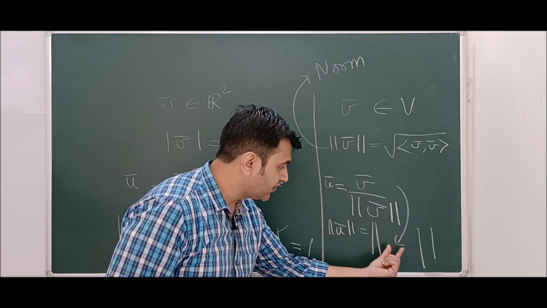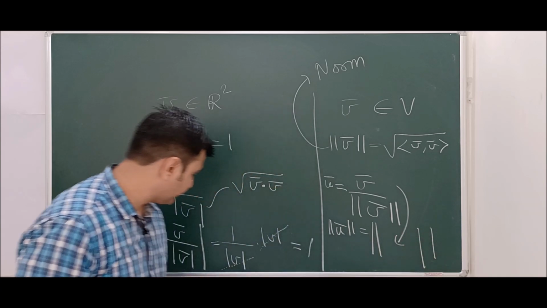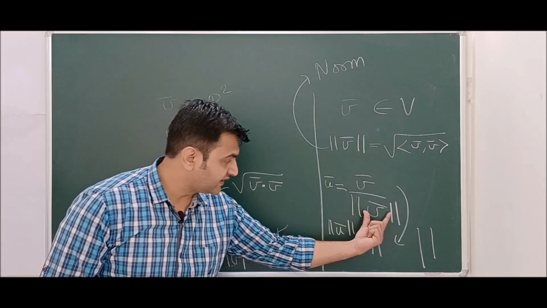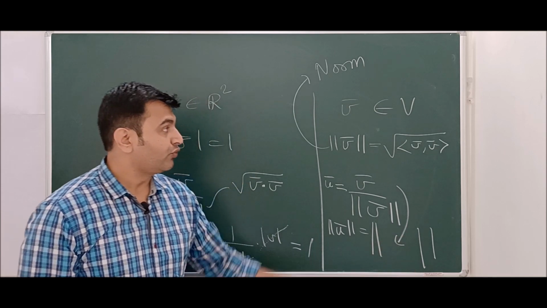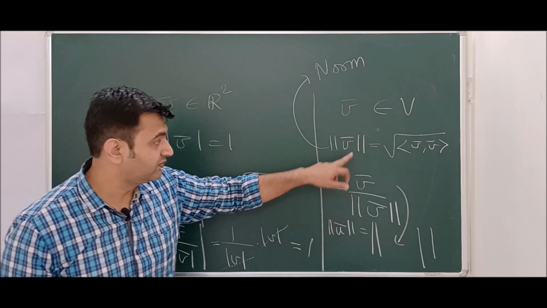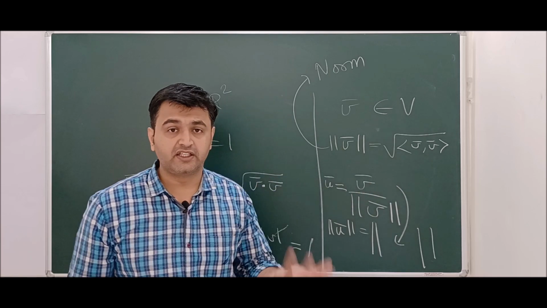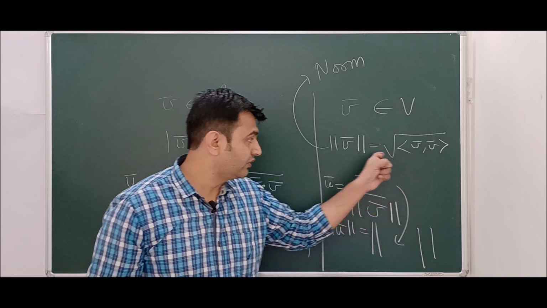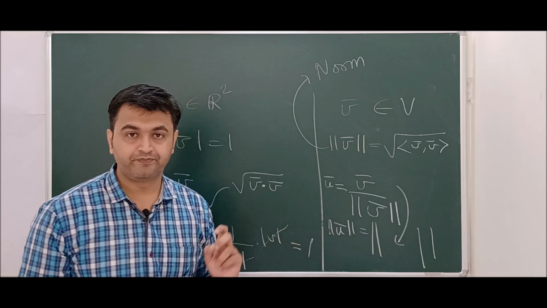But again this norm will come outside. Norm V will get cancelled. You get the answer to be 1. The same thing, this will come outside, this gets cancelled, you get 1. So same thing here as well, this will come outside, norm V upon norm V is 1. So if you have a vector which is not a unit vector, you divide by the norm. You find the norm, that is the square root of the inner product of V comma V. You can find this, right? Because it's an inner product space. So you can always find the inner product of V comma V, take the square root, and you get the norm. So you divide by the norm, and this is a unit vector.